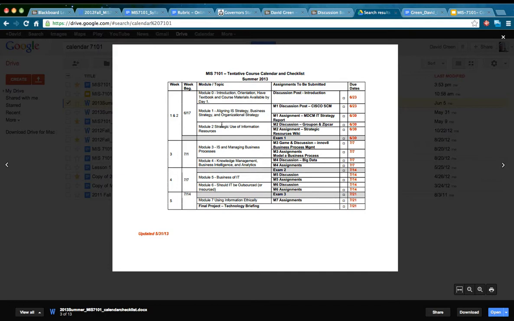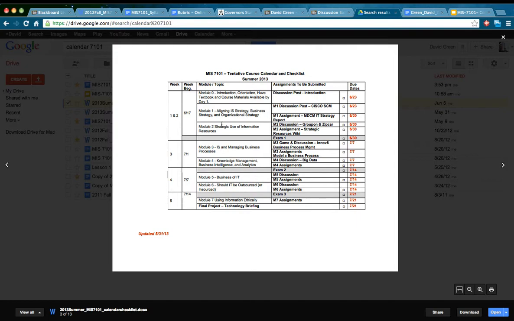So most of those assignments are due by June 30th, as you can see, but there are assignments due at the end of week 1, on Sunday, June 23rd. That includes your introduction discussion post and your module 1 discussion post. Even though it says Sunday due date, remember the discussion assignments, that's the final point at which they're graded. So for all the discussion assignments, whatever the due date is, you have to have your first post by the Thursday before. Keep that in mind as you're looking through this.